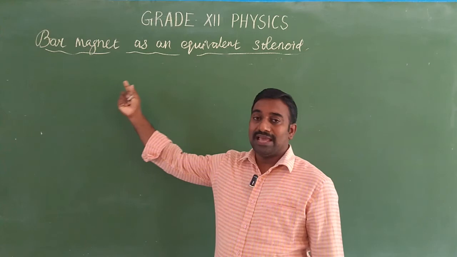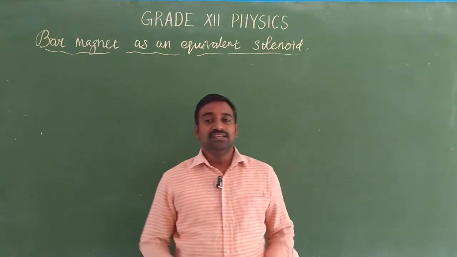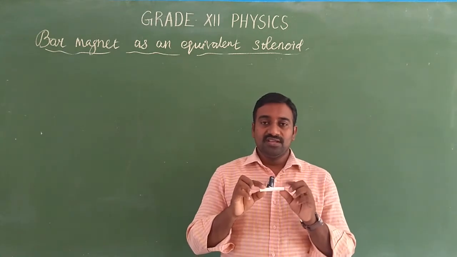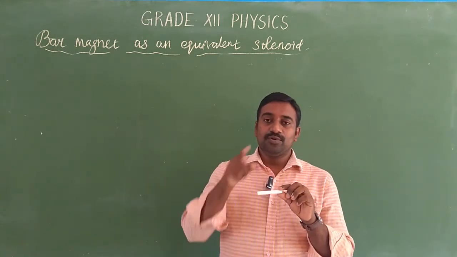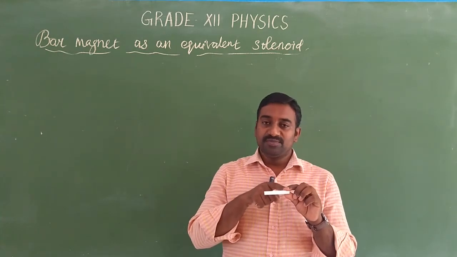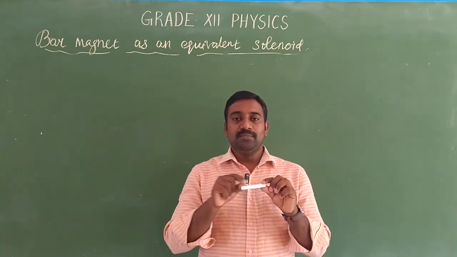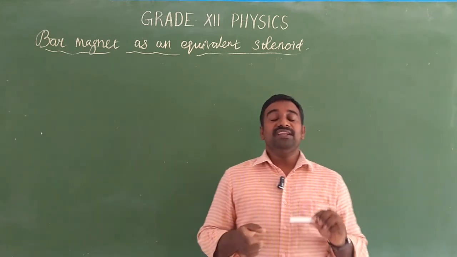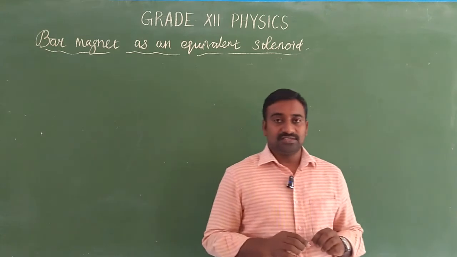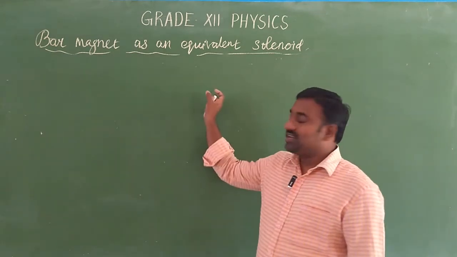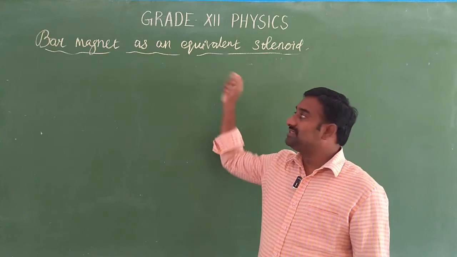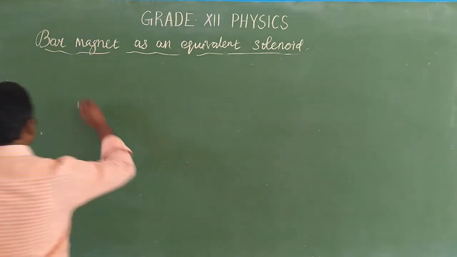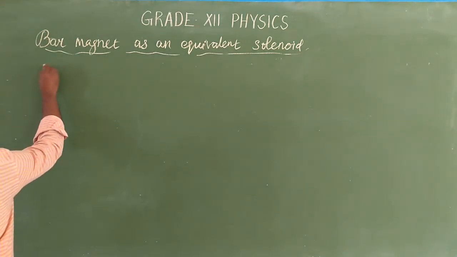It is the bar magnet as an equivalent of a solenoid, which means we know the magnetic field for a bar magnet. Suppose you have a bar magnet, the field lines externally emerge from north pole to south pole, internally from south pole to north pole. So inside the bar magnet, the field lines are uniform. Same as if you have a solenoid, the magnetic field is also the same as a bar magnet. So we are going to prove that the magnetic field obtained by the solenoid is similar to that of a bar magnet. First we take a solenoid, a cylindrical long coil of turns.